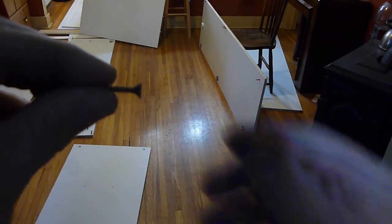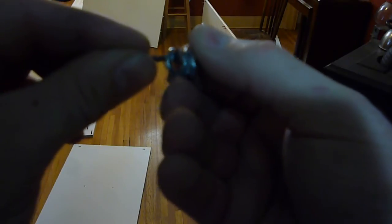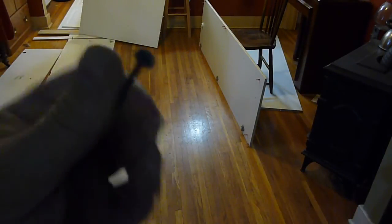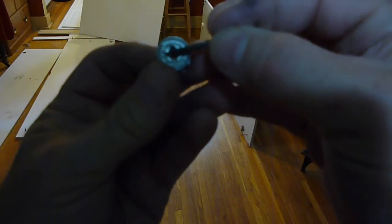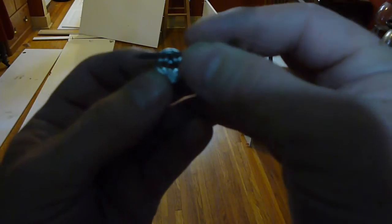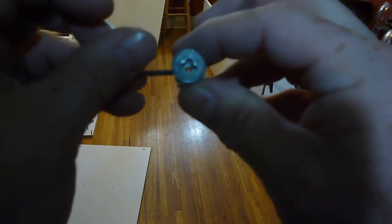This isn't the cam bolt, but basically you want that to be towards that, so that it will go in, and then it locks around there and holds it in, and then it can't come out. Okay, and like I said, this is just a screw. But you want that arrow right there, if you can see it or not. There is an arrow. You want that pointing towards the cam bolt that's going to be going in from